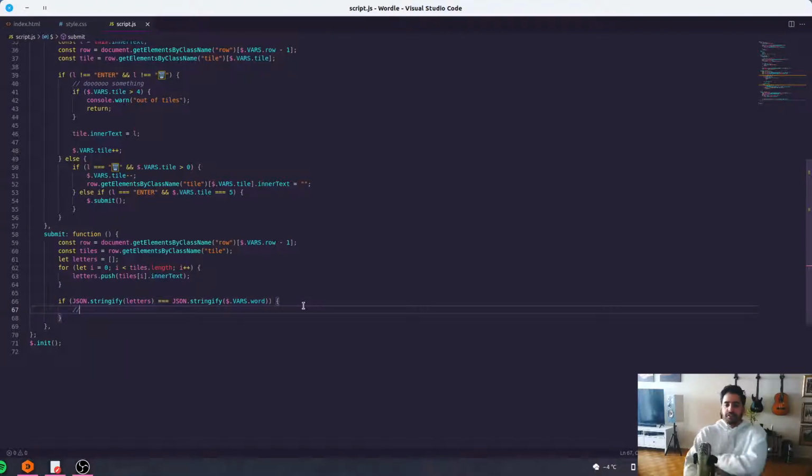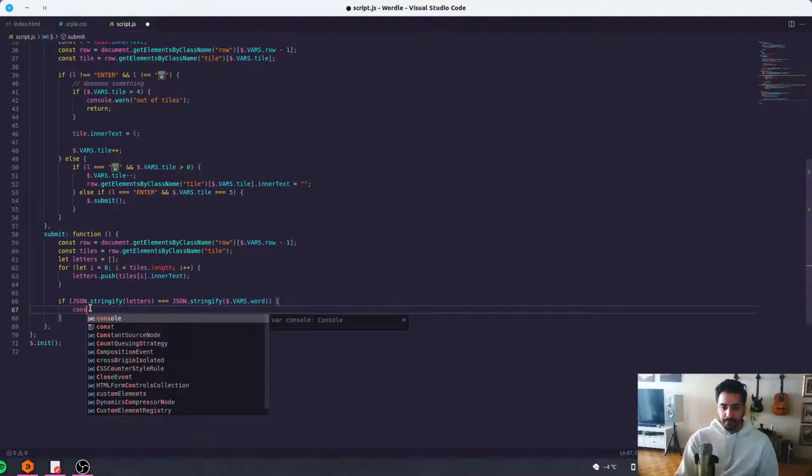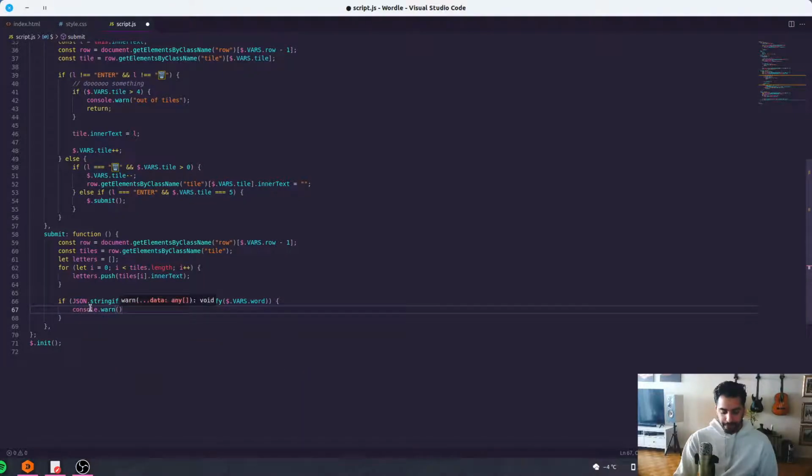So we're going to use JSON actually. What we're doing is we're turning each array into a JSON string, and then we're comparing just the literal strings against each other. So that'll allow us to compare. So basically, if this is true, then congrats, we won the game. Congrats, you're well done. And then I guess we'll want to return. You know what? We can go